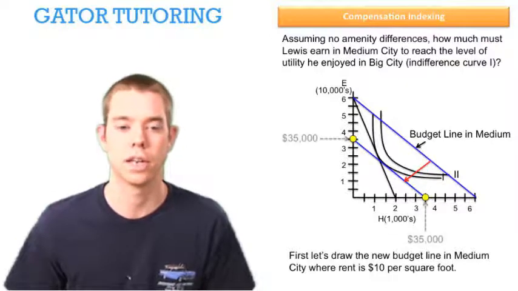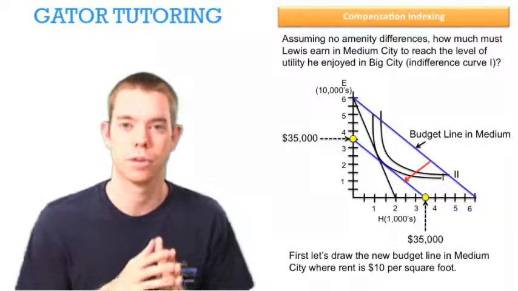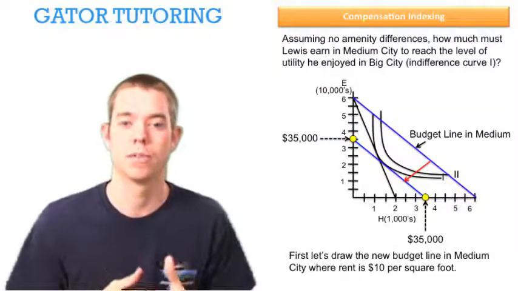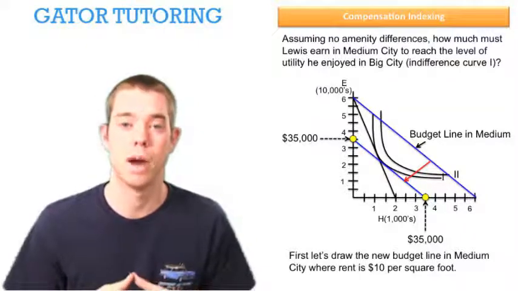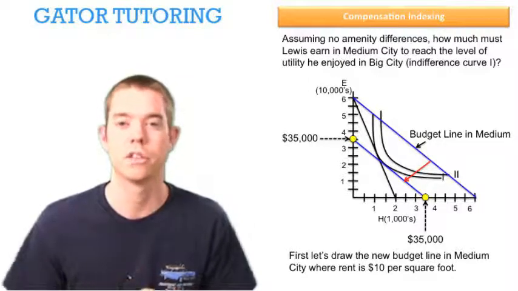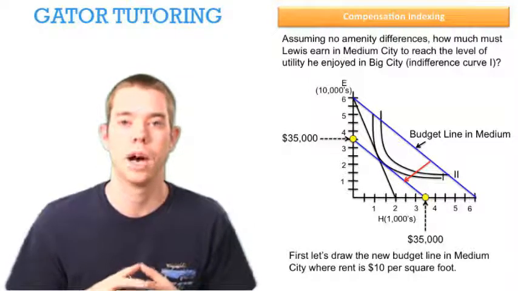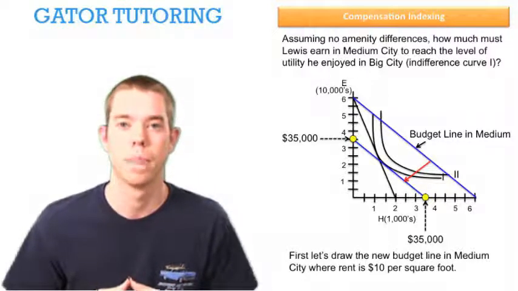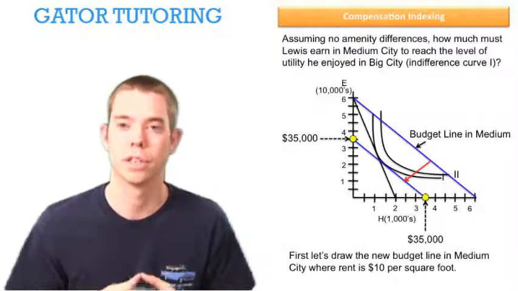So it's easy to look at the E-intercept for instance, because it's already in thousands of dollars, and we see that $35,000 is the amount we'd have to pay him. Now that's not how much he'd buy of everything else, that's just the salary. He'd buy some amount of everything else in the middle of that, and some amount of housing. But the way to find the salary is to look at the intercept.